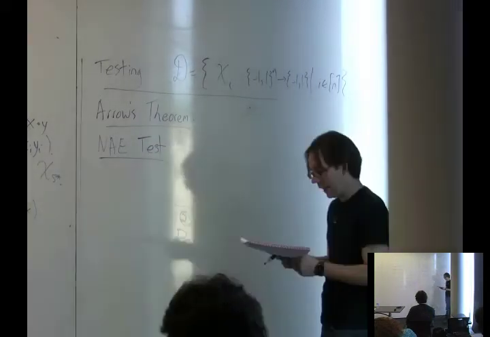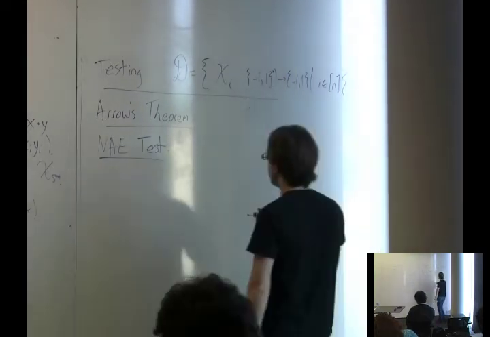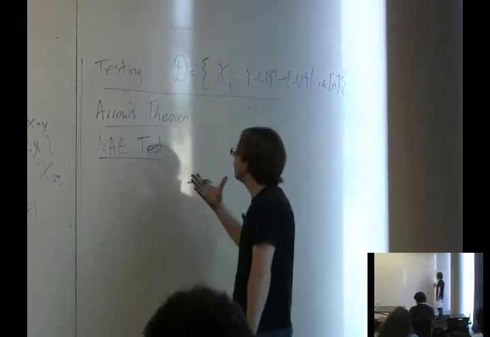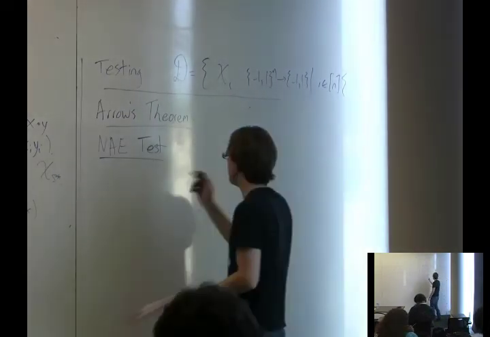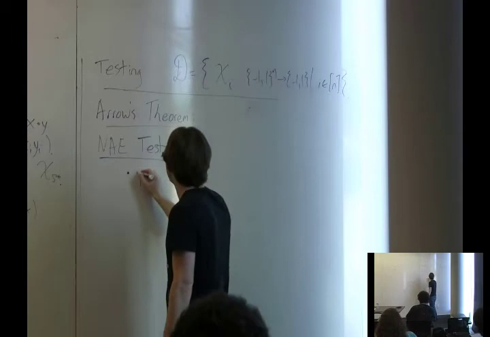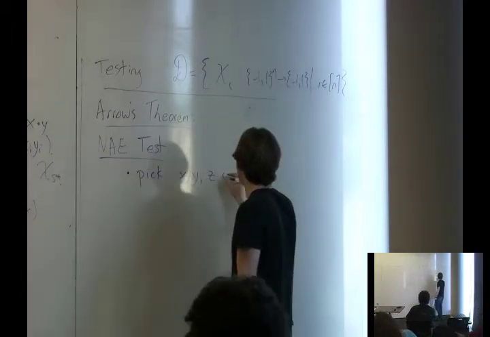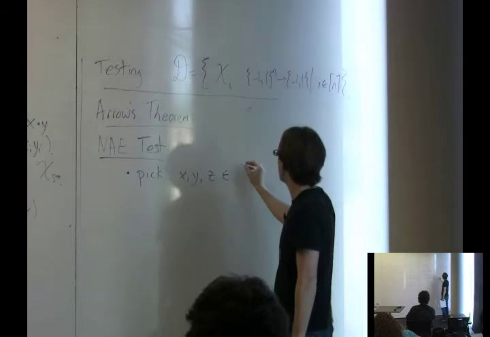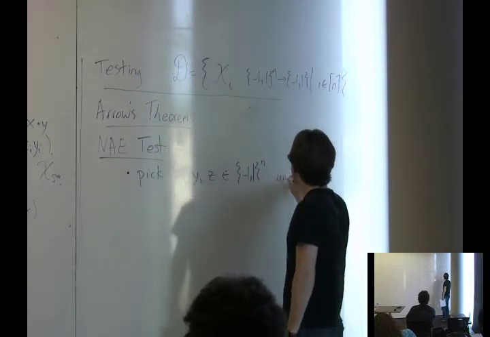Remember, NAE stands for not all equal. It's the predicate which is true if not all of the input bits are the same. And it just goes like this. Pick three strings, x, y, and z. These are like the votes in the three pairwise elections, from {-1, 1}^n, uniformly, but subject to